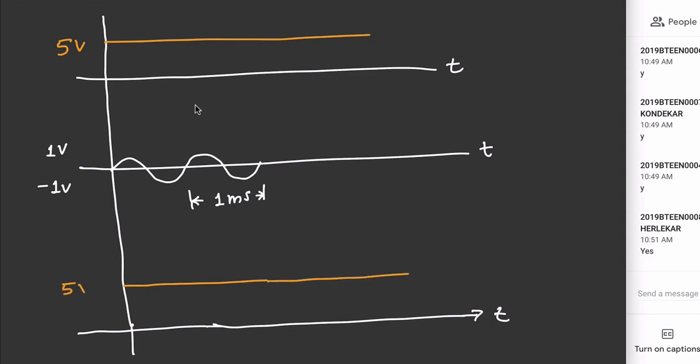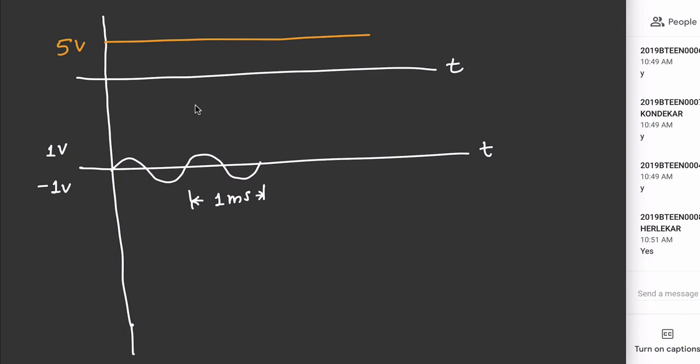This is a 5 volt signal. On 5 volts, this will be superimposed and this whole thing will be inverted because we have an inverting adder. So what we will do is modify this because the output will be negative. So we will shift the reference slightly above. So this is our reference because we have to draw a negative waveform. So minus 5 volt.